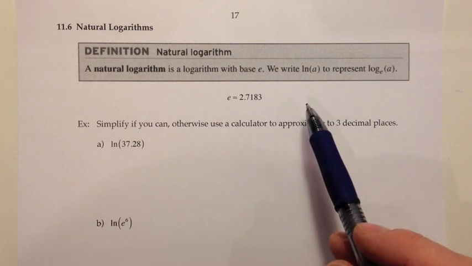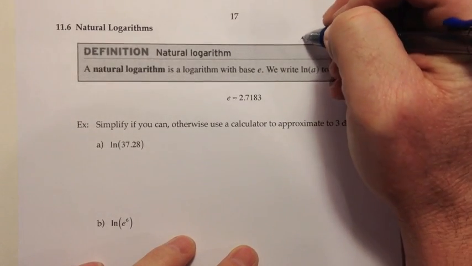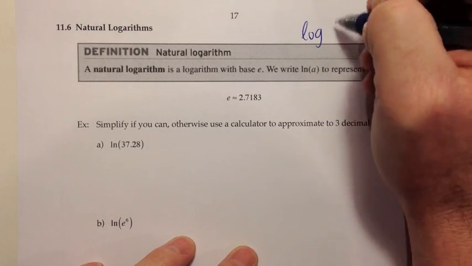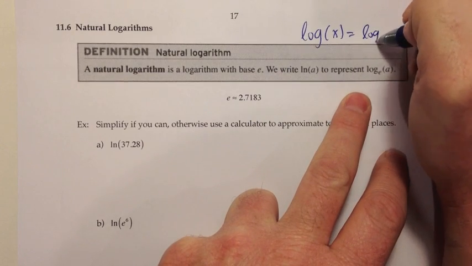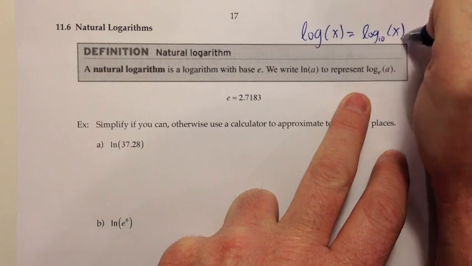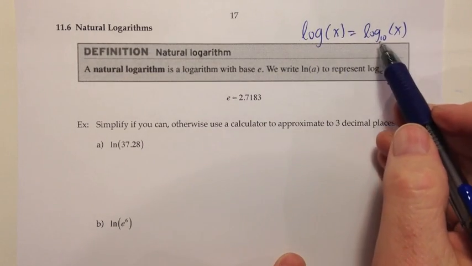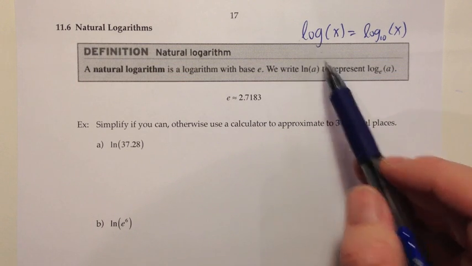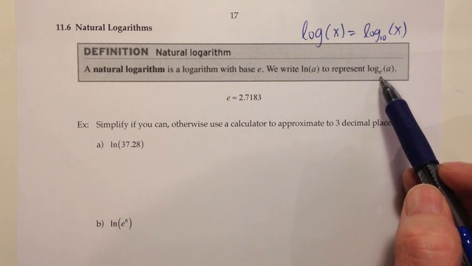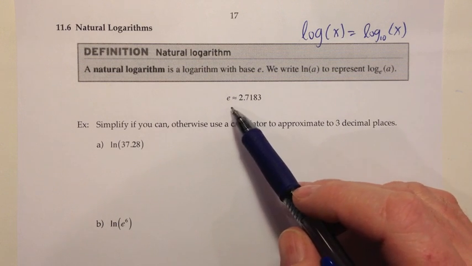Just like the common log where we write log of some element, let's say x, that's the same thing as the log base 10 of x. So when we didn't write a base, it was base 10. Here, if they write ln instead of log, we should take that to mean the base is e. And e is approximately